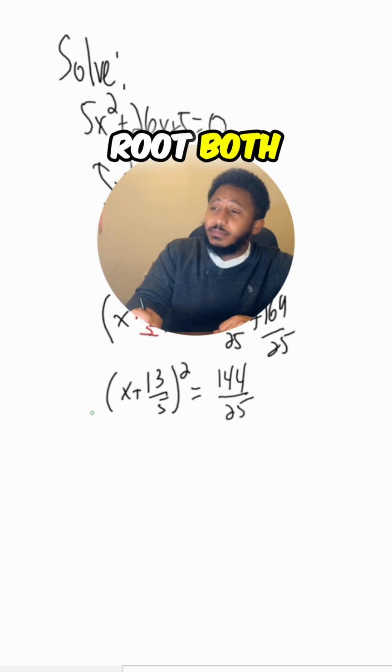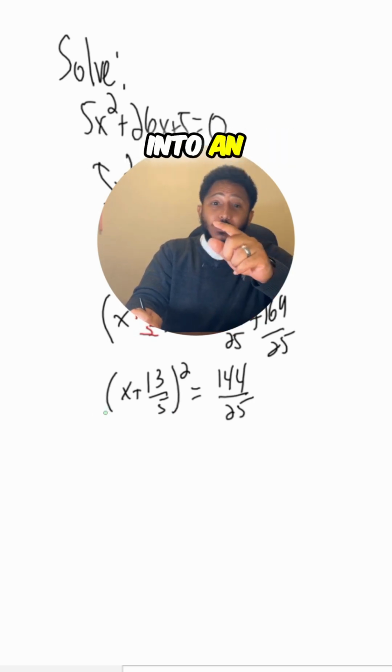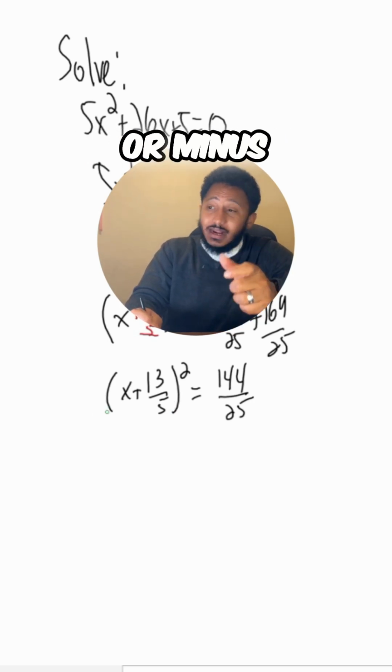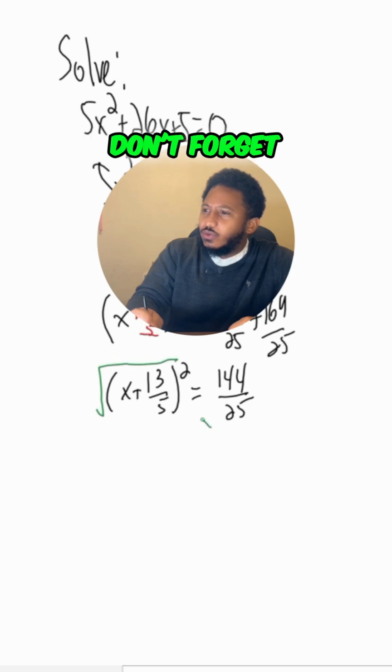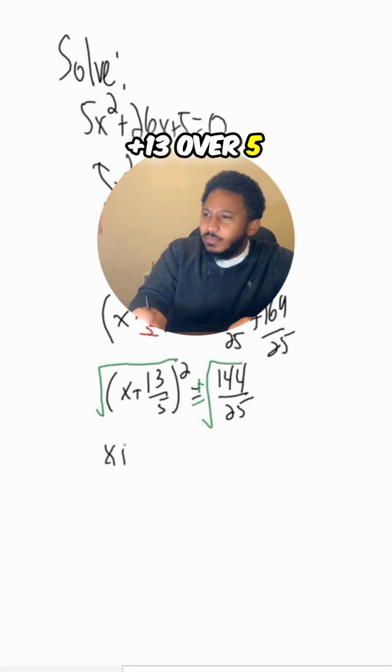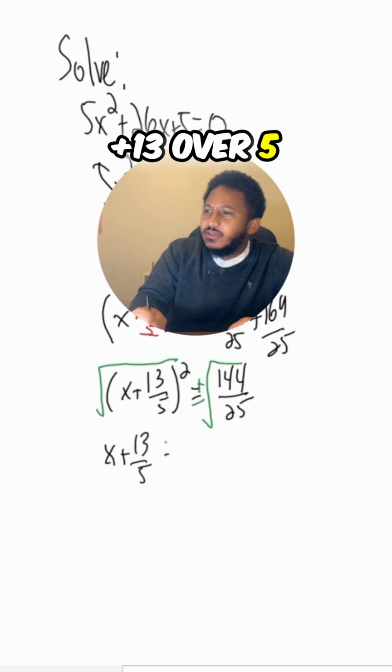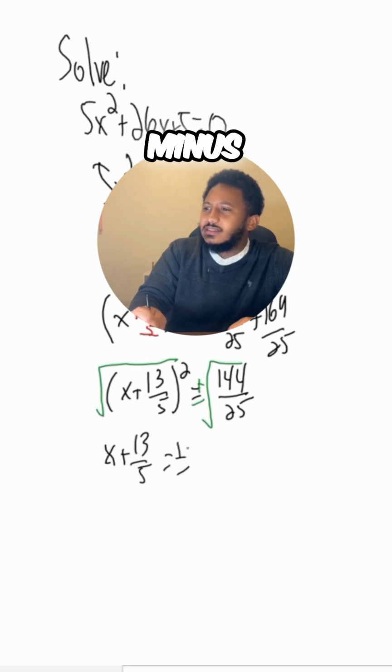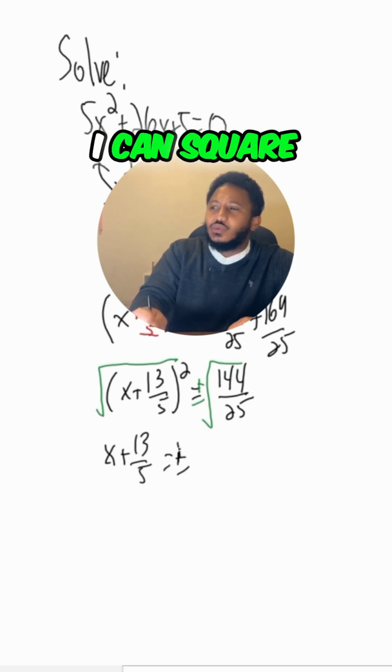All right. Now the whole reason why we would do that is now that we have this something squared, we can now square root both sides. Now, anytime you put your own square root into an equation, don't forget that plus or minus. Okay, so put my own square root, don't forget the plus or minus. All right. So that gives me x plus 13 over 5 equals plus or minus. And now when I square root a fraction, I can square root the top, square root